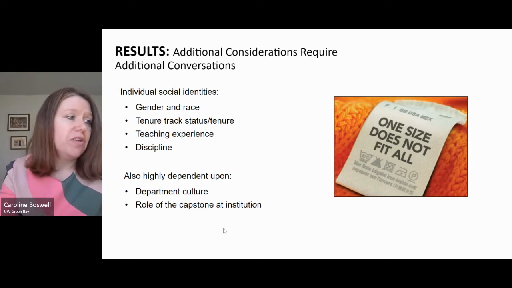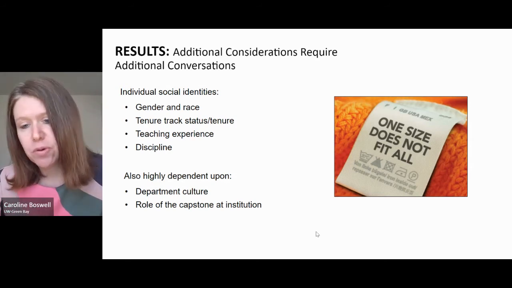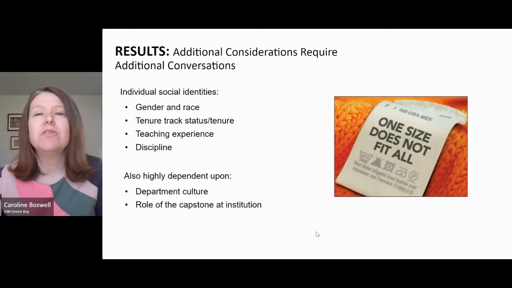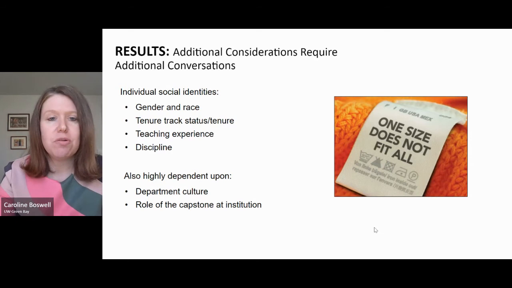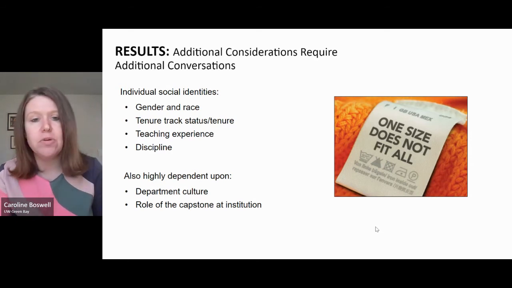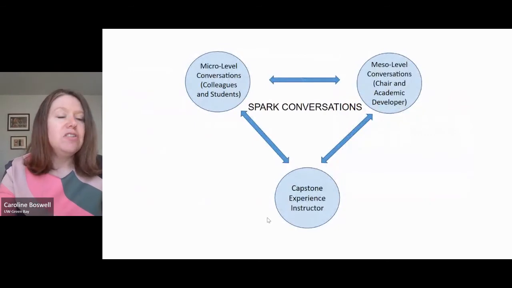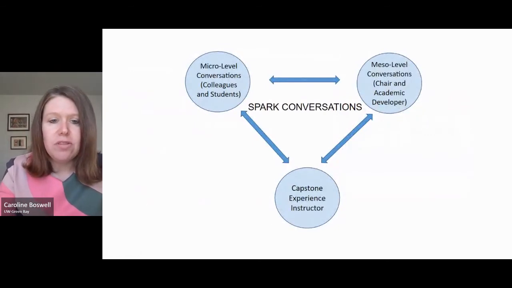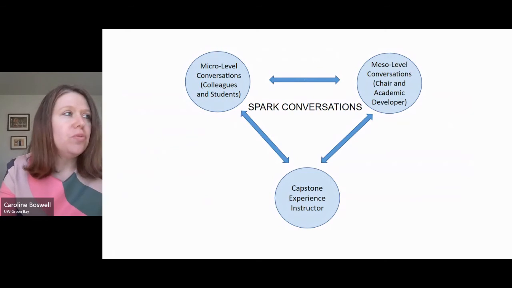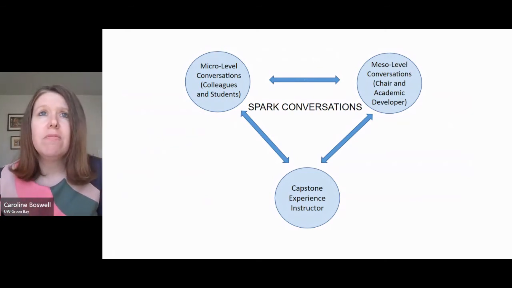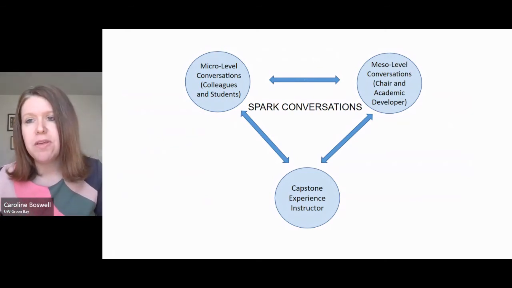Yes, and also the role of the capstone, right? So in some institutions that were part of our study, the capstone is an institutional requirement. And then at other institutions that were part of our study, it is not. It's a programmatic requirement that some programs have and others do not. And so as Liv was mentioning, one of the things that emerged was that there were conversations going on at places, but that was actually one of the greatest needs articulated.